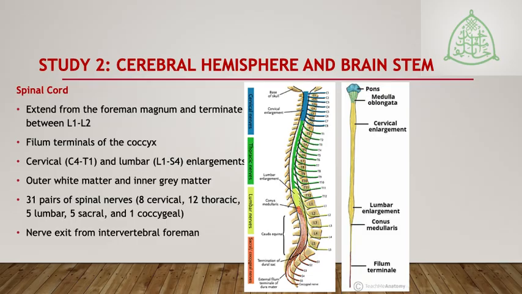So now you get to see that the spinal cord also has some certain features. It has a cervical expansion or enlargement. It has a lumbar enlargement. The spinal cord terminates at the level of L1 and L2 to allow us to be able to do a lumbar puncture, either to inject an anesthetic or to acquire cerebrospinal fluid for testing, or take a biopsy